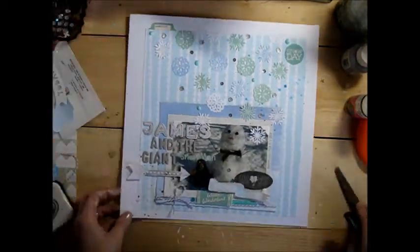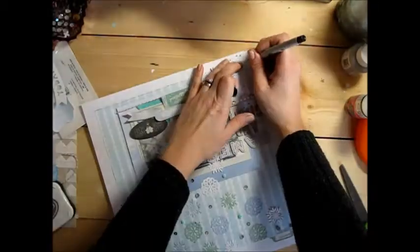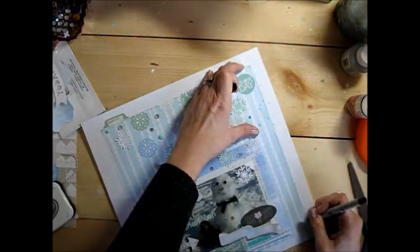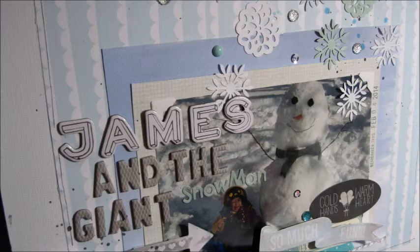Then I'm trying to find a stamp to stamp on that top tag, and the top tag says Happy Place, and I also stamped that in a gray color. And I'm almost done here. I'm going to do some splattering of gray and blue with my watercolors. And I wound up drying it off a little bit with my heat gun. And that's pretty much it. It's a pretty simple